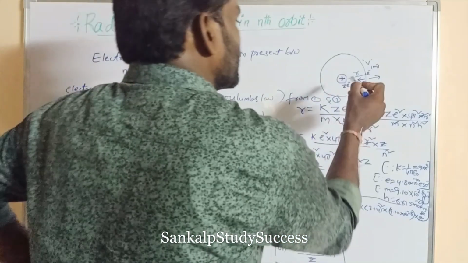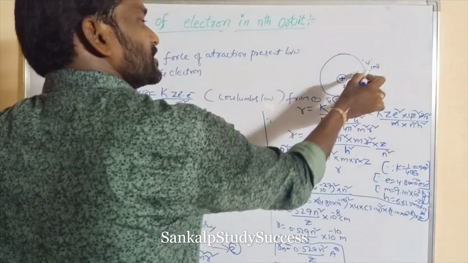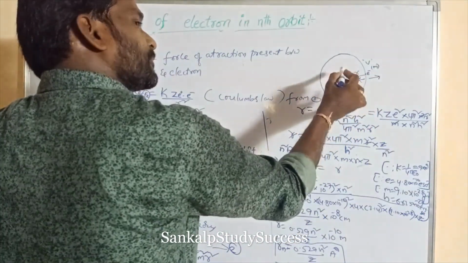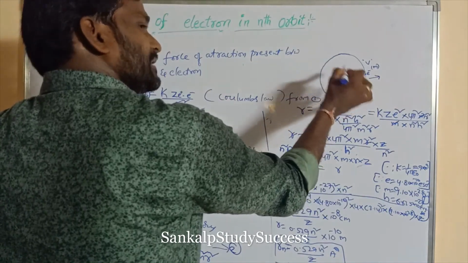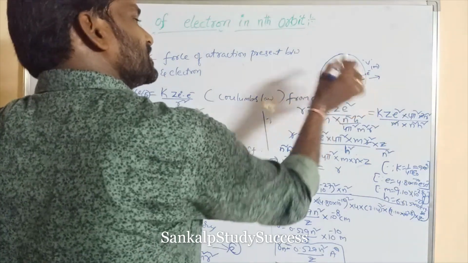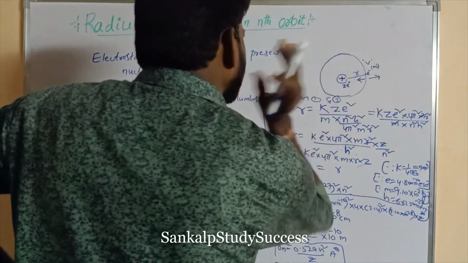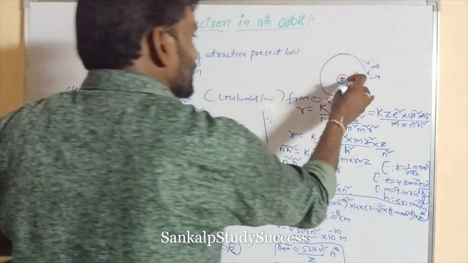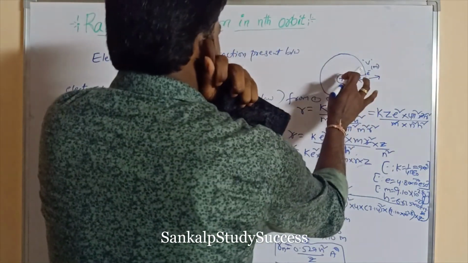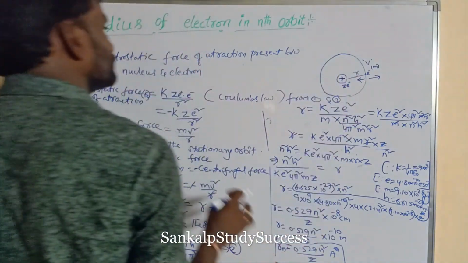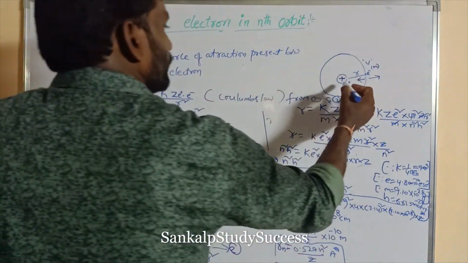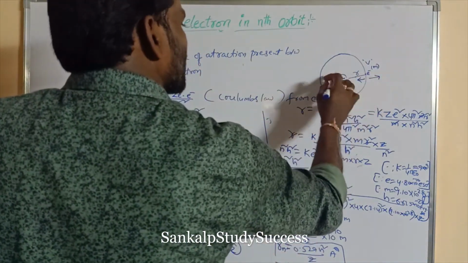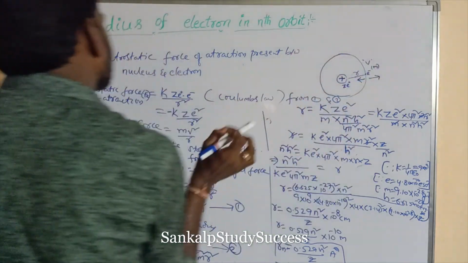But their signs are different. Charge of proton is plus, charge of electron is negative. So charge of proton is equal in magnitude to that of the electron, so its sign is e plus. Now this nucleus contains Z protons. What is its total charge? Ze plus. So some of the electrostatic force of attraction between the nucleus and electron.